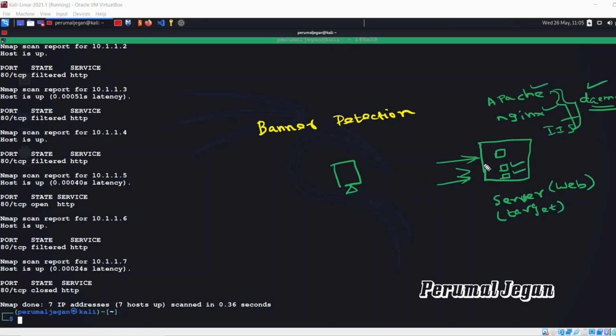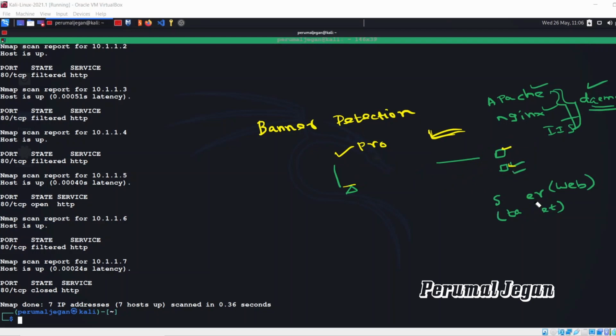Some targets may not send their banner to you. In such cases, Nmap sends some random probes to your target and listens to how the target behaves to those probes. Based on that, it decides what service is running on that port.